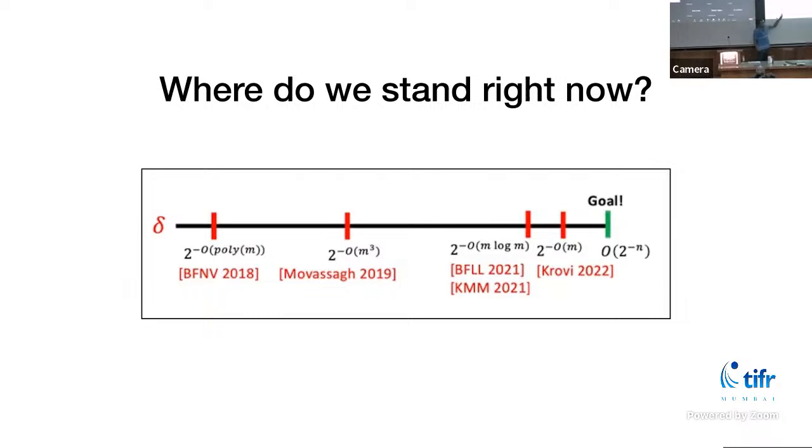This is the first work that rigorously tried to quantify some of this complexity theoretic stuff regarding this sampling type demonstrations. This is Boland, Pfefferman, Nidke, and Fazinard. And then it kept getting better and better. Where we are right now is 2 to the minus m. And this is by Crovey. But there's still some way to go from there to 2 to the minus m. Questions up to here?